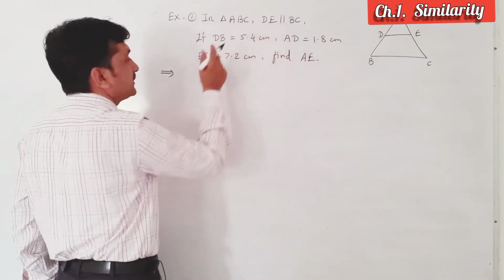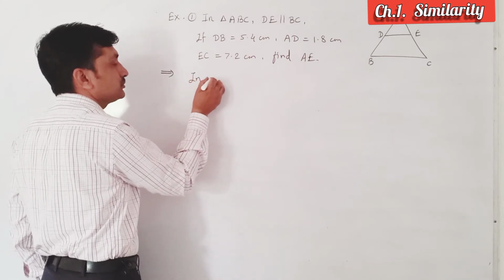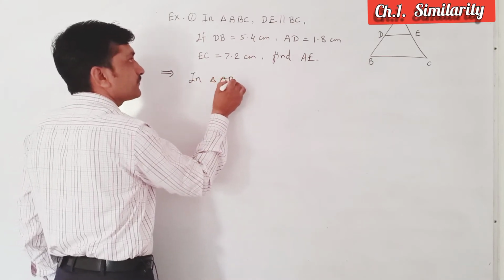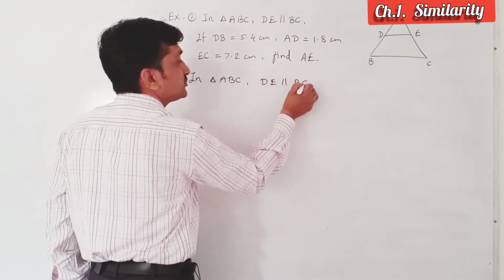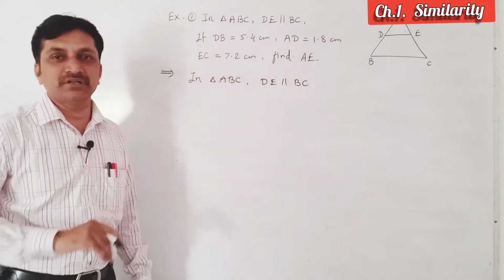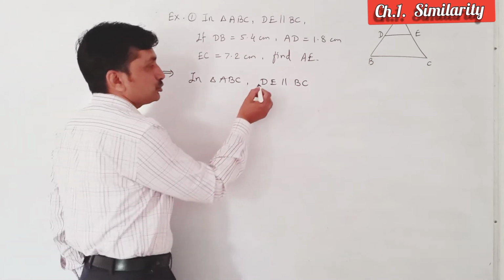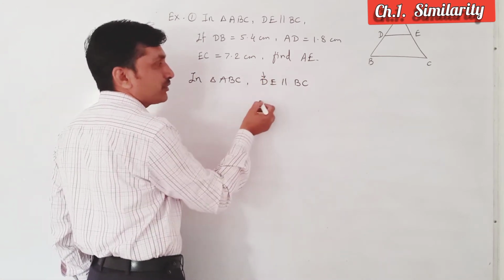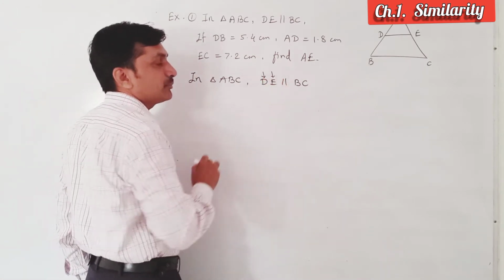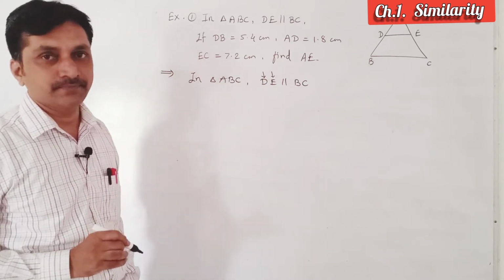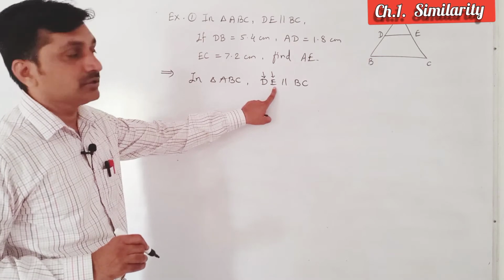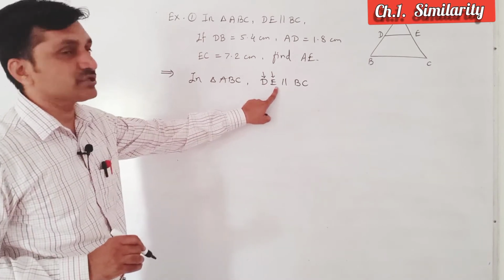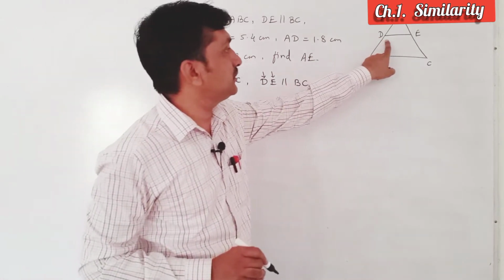It is given in triangle ABC. We start from that given condition. In triangle ABC, DE is parallel to BC. It is given, and that's why we can use BPT here. The first ratio will form at point D and the second ratio will form at point E, because this is a parallel line. Okay, first ratio at D, second ratio at E. Therefore, the ratio at D is equal to the ratio at E.